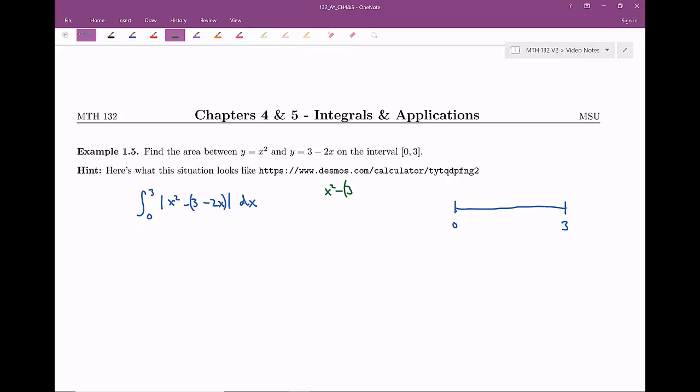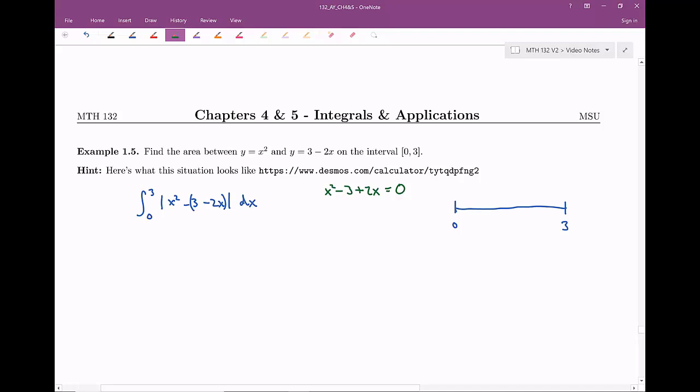And actually, let me distribute that negative sign. So minus 3 plus 2x. And I want to know, when is this equal to 0? Because when it's equal to 0, this could make the transition between positives and negatives or negatives to positives. I'm really trying to figure out,